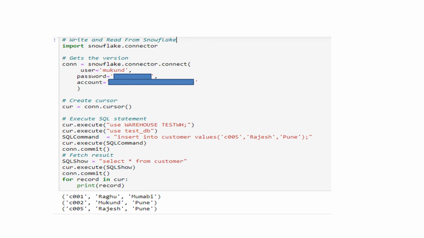Rest of the things we have already discussed. So one change is there. Now we are writing one statement to insert a row into the customer table. So you can go to the SQL command and insert a row. Once you insert a row, you can even display the row to check whether it has been inserted, and then you can see the result at the bottom.